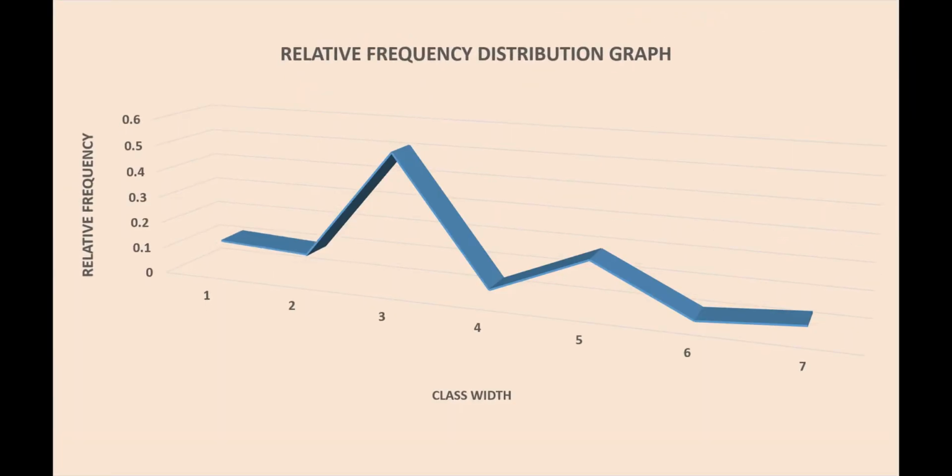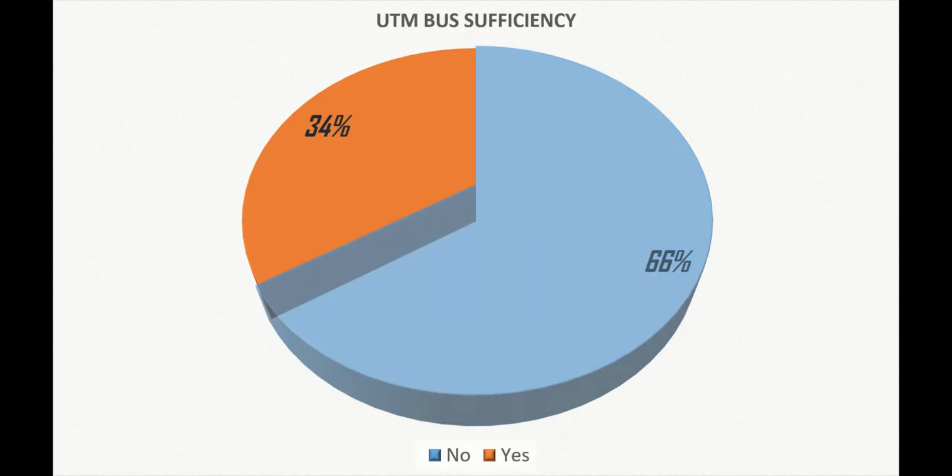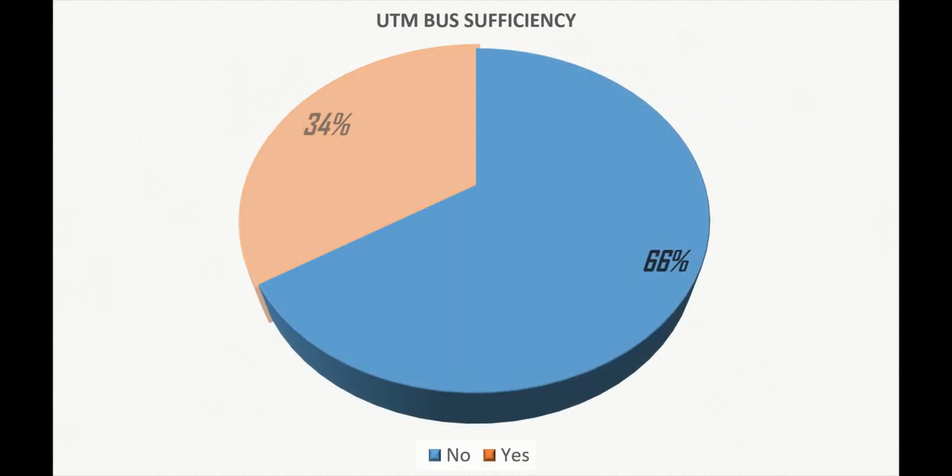To achieve accurate differences in data and compare them, we can use relative frequency. Following the line graph, we can see that the relative frequency is at the top at 20 minutes. Therefore, we can assume that the majority of the students agreed that the average waiting time for the bus is 20 minutes. With 66%, the majority of the students think that the number of buses should be increased. On the contrary, one third of the students take it as sufficient.